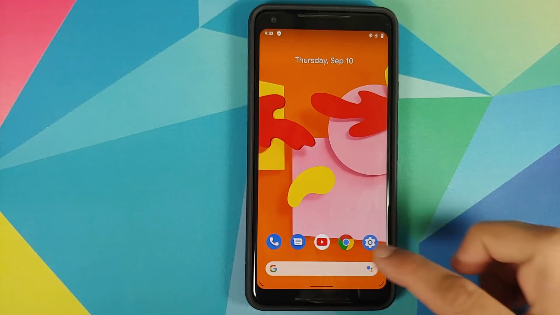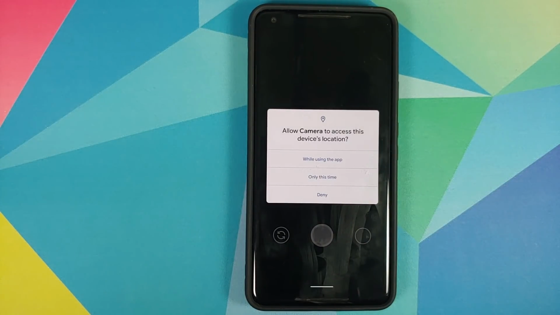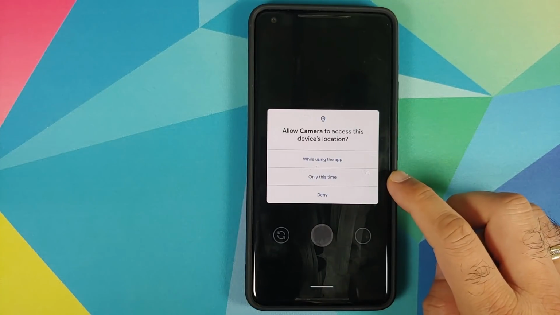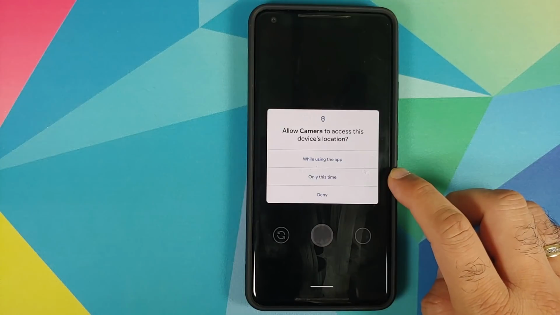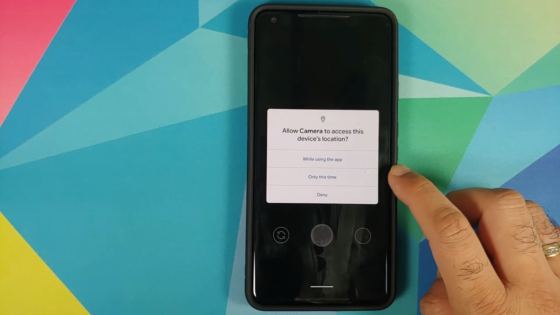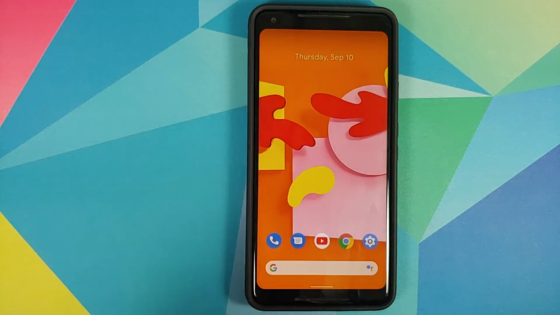comment. And while we're talking about app permissions, you also have a new option of providing permission only once. So if I open the camera application, you will see that for location I have this option in the middle which says only this time. Once I select it, the camera app will have access to the location only for that specific run. Once I reboot my device or say kill the camera application, it will not have access to my location again.